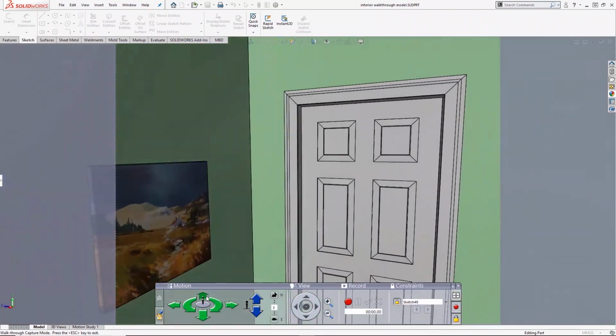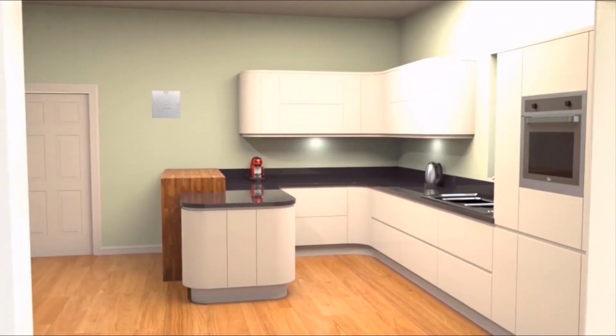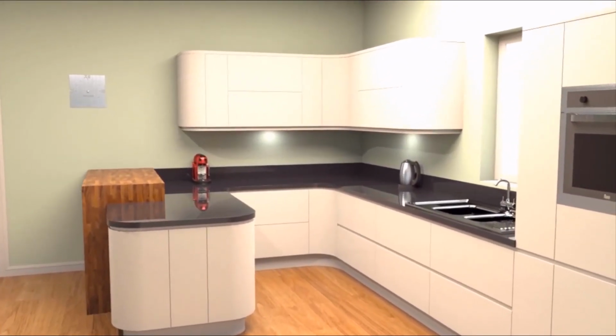The output video can simply be CAD geometry as seen in the viewport, or you can take things to the next level by rendering every frame in the animation timeline.